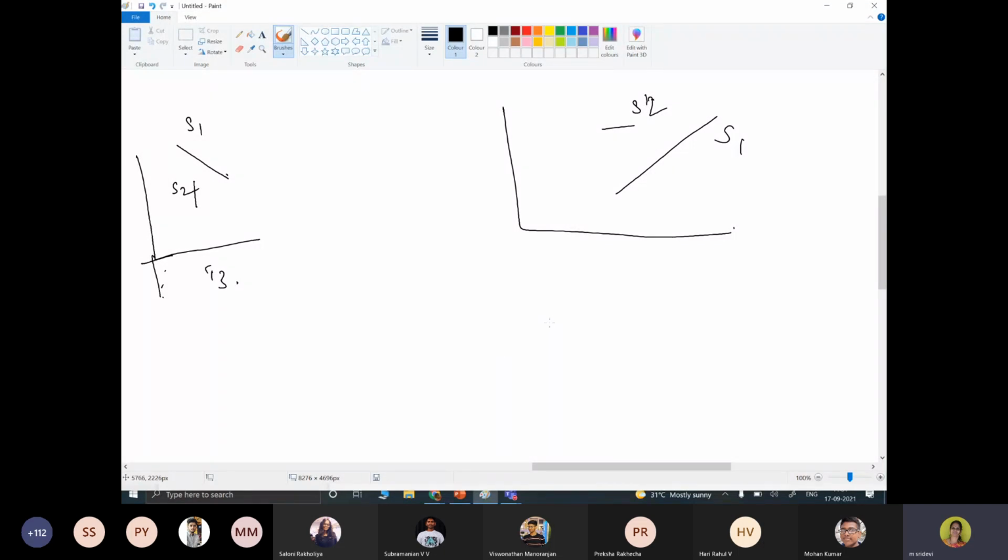Suppose we have S1, S2 and S3. In this case, how is it going to be displayed?